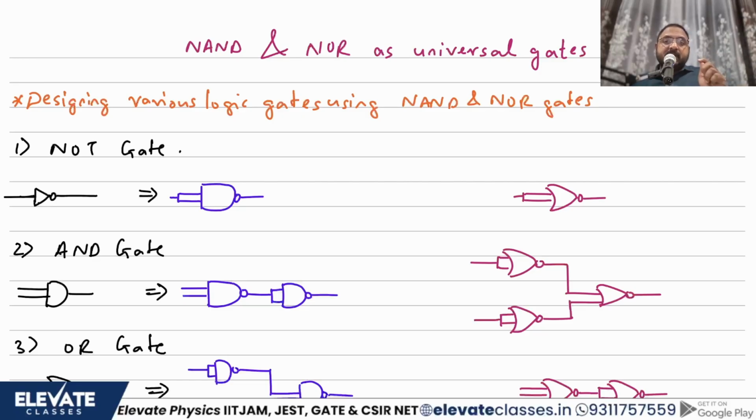Today, we are going to look at a particular topic where, if you remember, in a previous video we had said that NAND and NOR are universal gates, right? We had said that NAND and NOR are both called universal gates. These two are called universal gates because you can design any circuit in the entire world, any digital circuit, by using NAND alone. Only by using NAND you can design a circuit. Similarly, only by using NOR gate alone you can design any digital circuit.